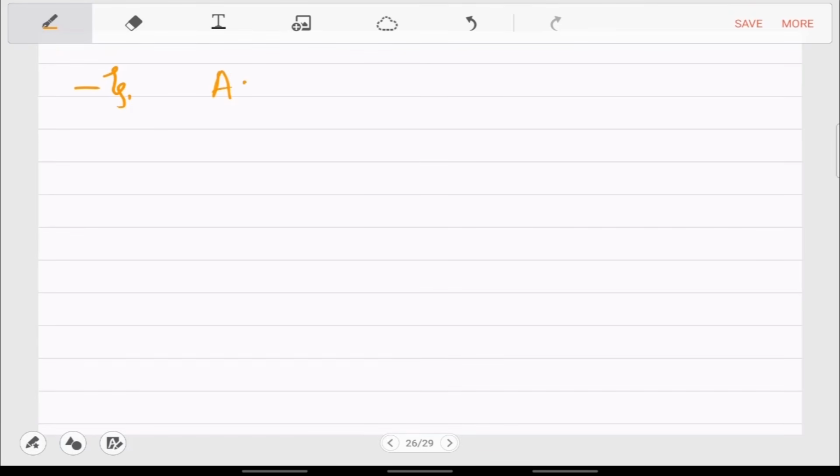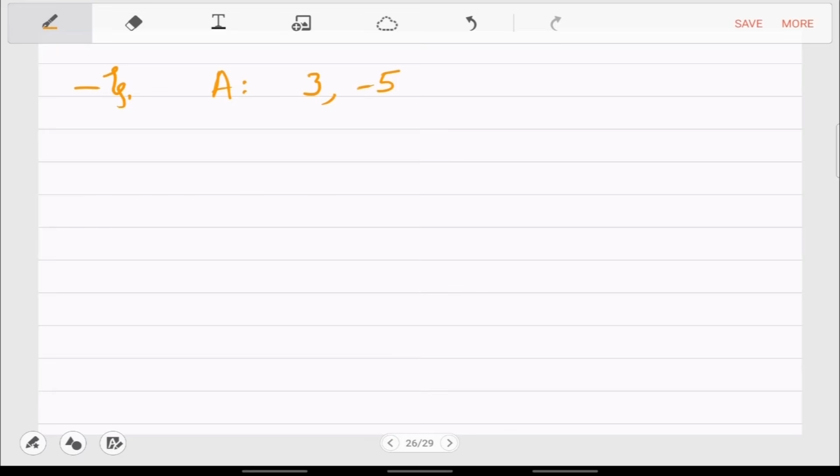So if your array A, remember that A has integers and they are unsorted possibly. So positive, negative integers, and also completely arbitrary order. So let's say it's 3, minus 5, 3, 8, 2, minus 4. So this is j equal to 5. Okay, so we are going from j equal to 0 to j equal to 5.